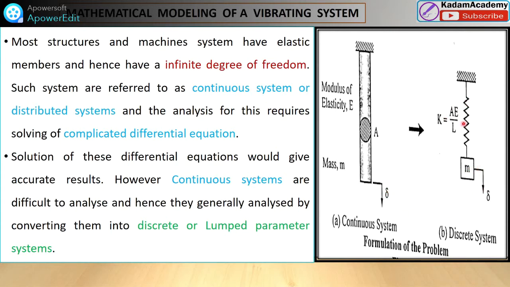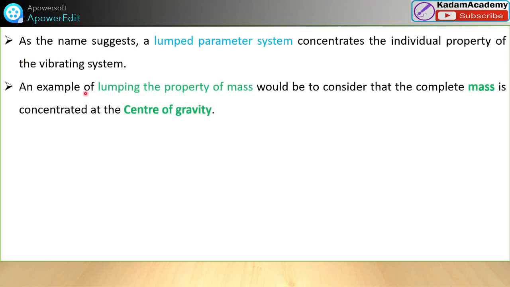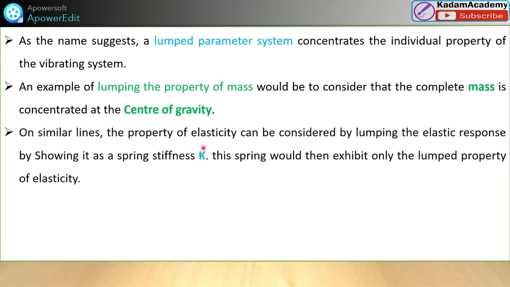So it is converted. How these can be said here: this lumping property of mass would be considered as complete mass concentrated at the center of gravity, and on similar lines the property of elasticity can be considered by lumping the elastic responses. So what we have done here, we have just converted this system into a simple